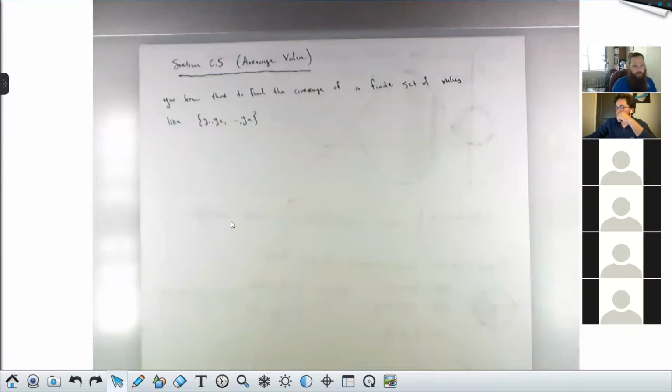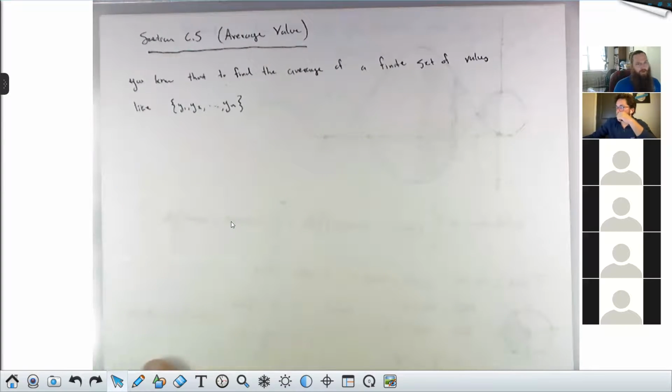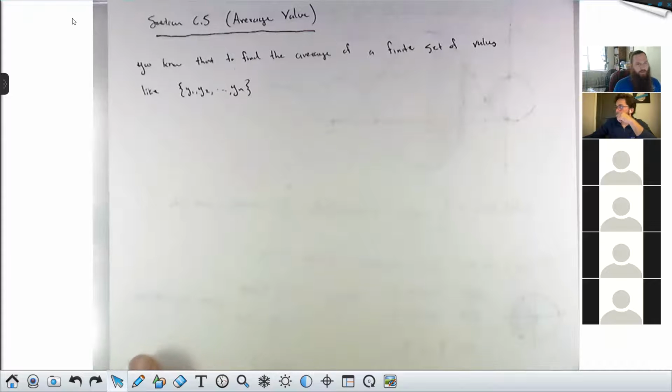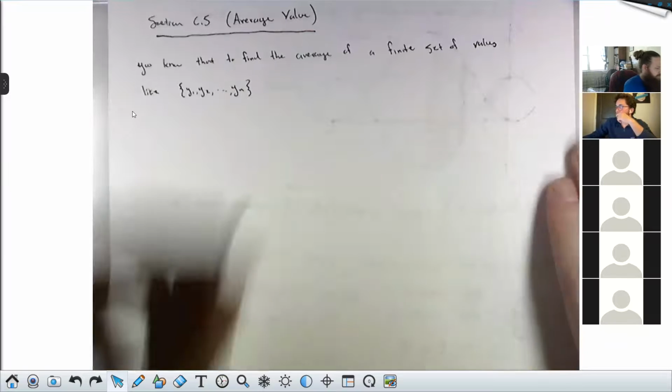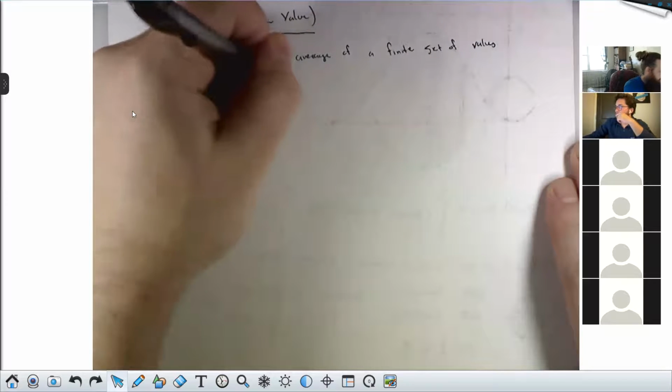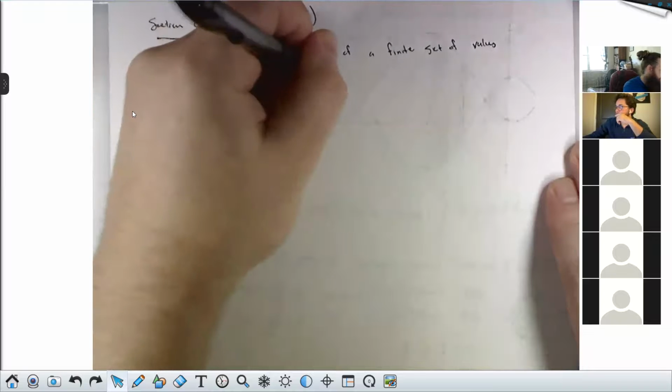So if I have n numbers here, y1, y2, all the way up to yn, the way I find the average of those is by computing